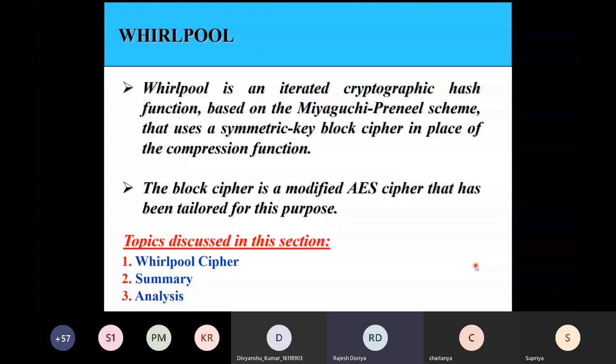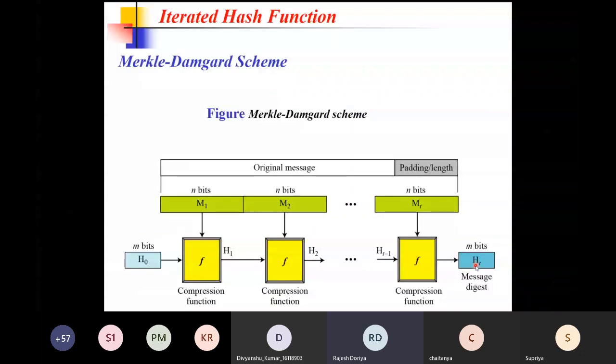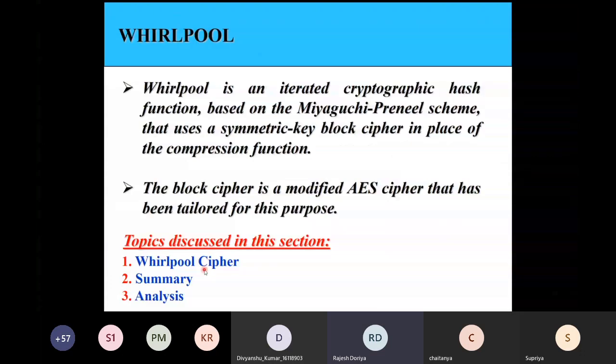If you recall, in the first one, over here we just mentioned that there is a compression function. We have not mentioned how exactly this compression function is going to work or what is inside this compression function. Okay, so now we are going to see how exactly we can create this compression function. So this particular block cipher is a modified version of the AES cipher. And this has been purposefully done in order to make the overall process simpler.